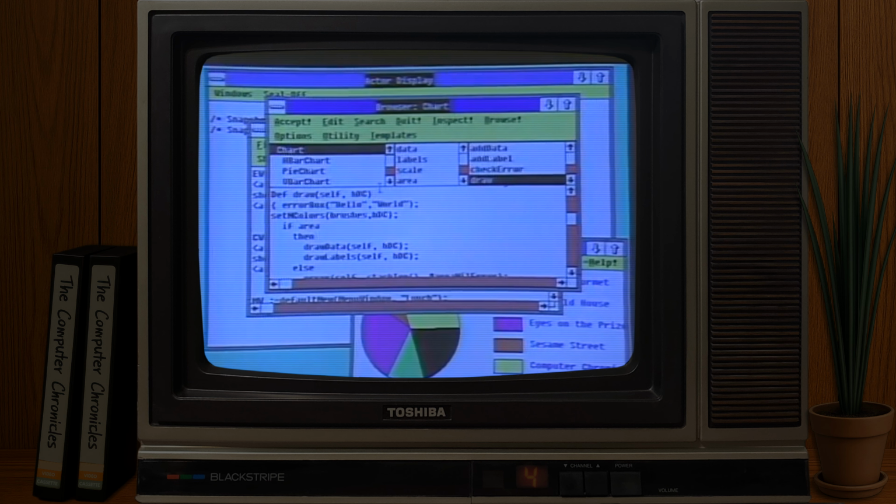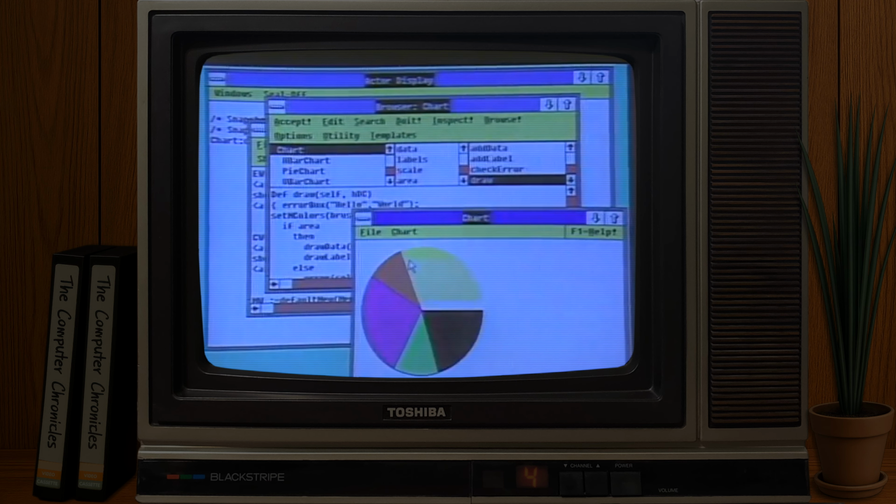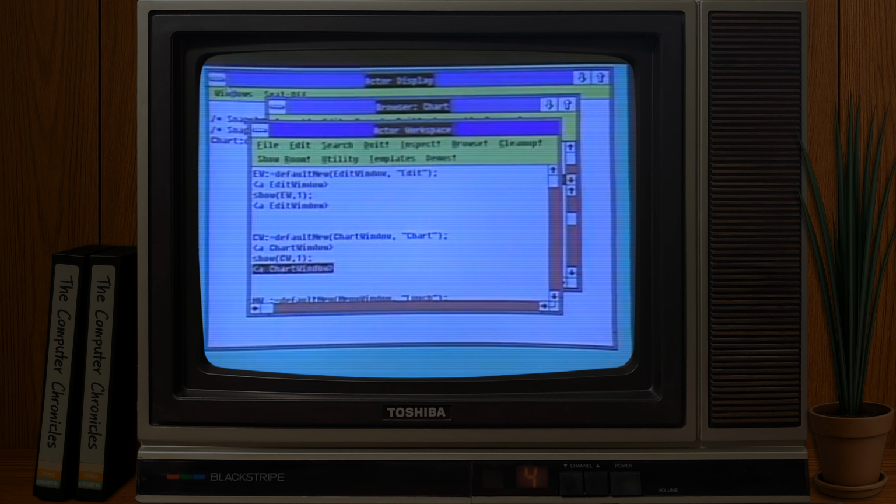And we can do that in about 1 line of code. We click on accept, and that compiles in. And now, as soon as I go back to my chart window and it starts to redraw, I get the hello world dialog box, and I've now actually changed the program. Right. So there's a good introduction to the Actor environment, and I'd like to quickly show you a sample program